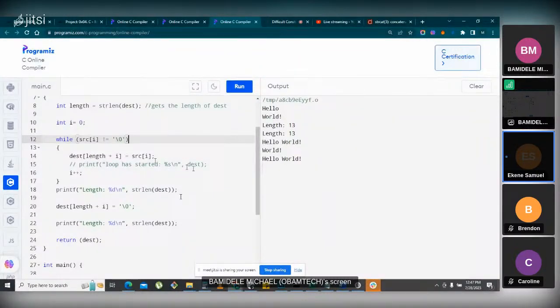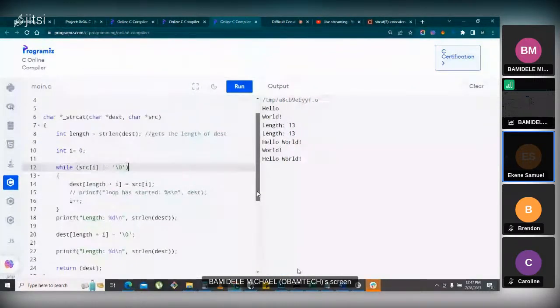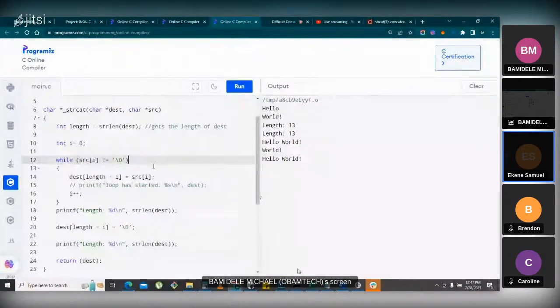Network. No, it's on the show, but not sure. But let me get it. I've seen it. What about your hand? I've seen it, yes. And line 12. Line 12. How about if you write, I thought, what if you write, instead of writing not equals to null byte, just write